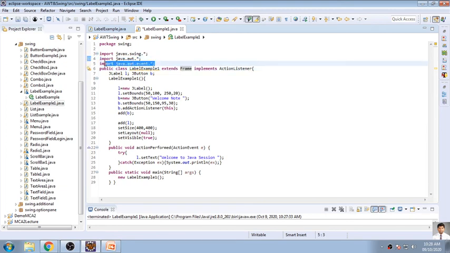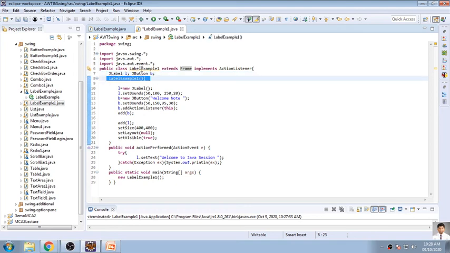This is most important because we are using an action listener. Now whenever I want to do this, I want JButton and JLabel to be displayed. I have written a constructor of that class, that is the label 1 constructor. Into that I have initialized label 1, I have initialized the button, and I have written something on the button. Now I have to increase the size to 70, since it is displayed with a very limited size.